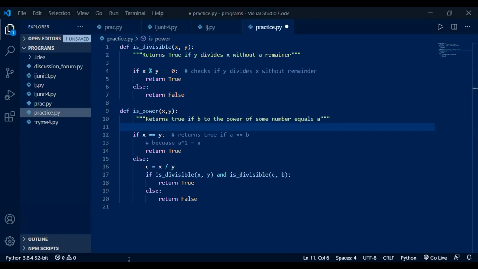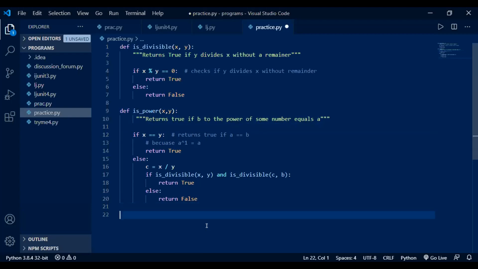Just tell me any part you're confused so I can explain. I'm still trying to get it. So if x and y are divisible, if x and y could divide each other, then